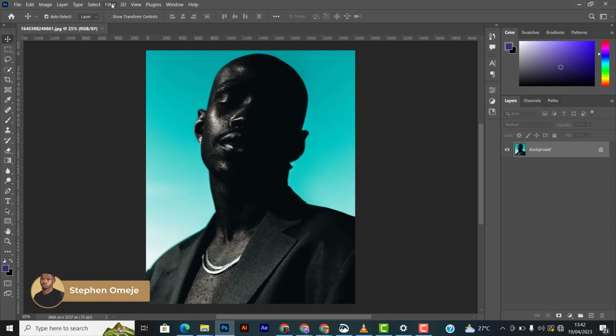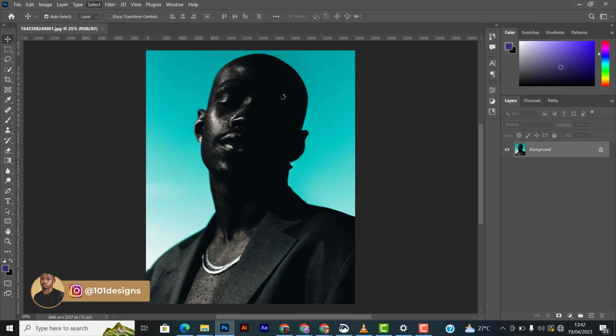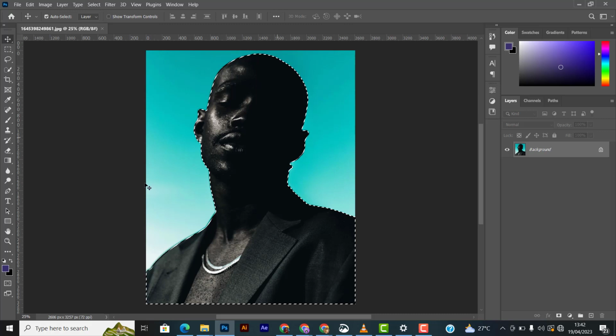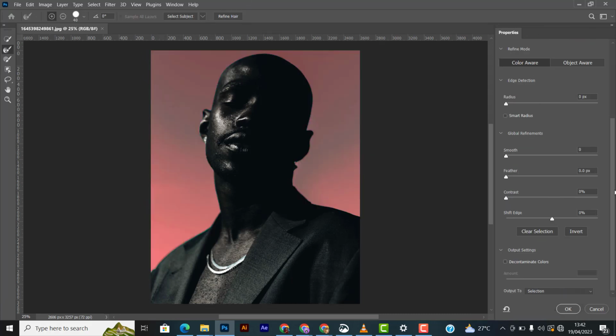So we're going to click on select subjects. So it's going to select the picture for us, select around, then you can crop it. Yeah, you already have it selected. Then I'm going to go down to quick selection tool and just click on select and mask. So after doing this, just